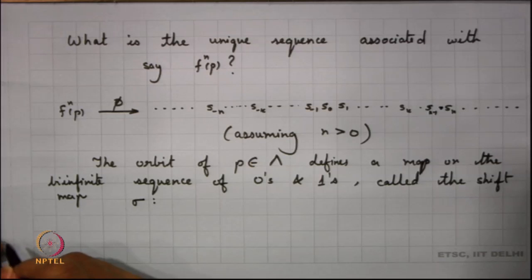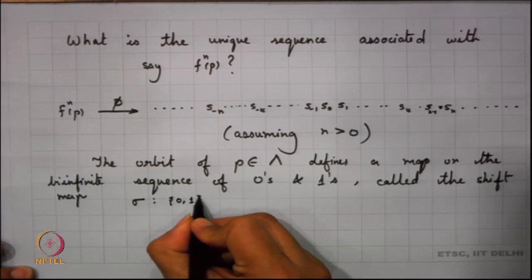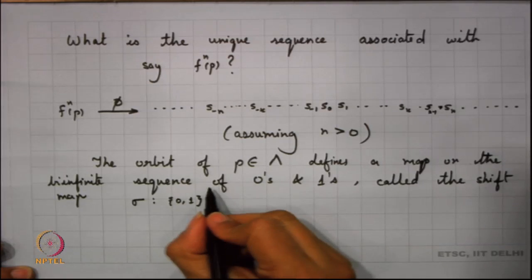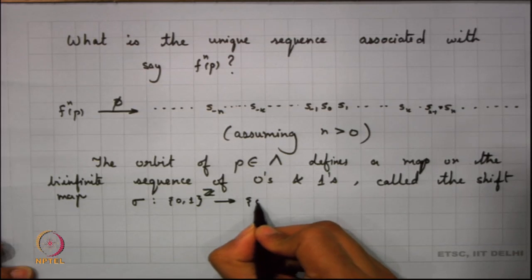Now, I have basically my sequence of zeros and ones. These are bi-infinite sequences, meaning they move on both sides. So, I can say {0,1} to the power Z, to {0,1} to the power Z,